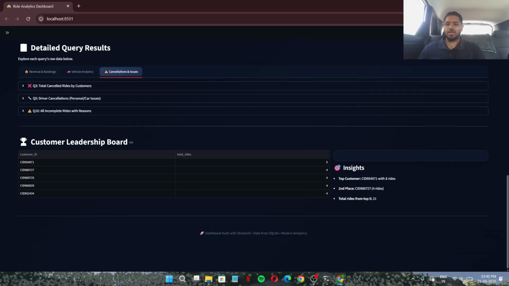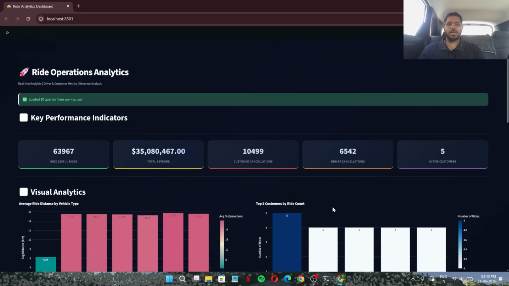I have also created a customer leaderboard where these customers have the best total rides: 5 rides, 4 rides, 4 rides, along with their customer IDs. The top customer has 5 rides, the second place has 4 rides, and the total rides from the top 5 customer IDs is 21. This is all my